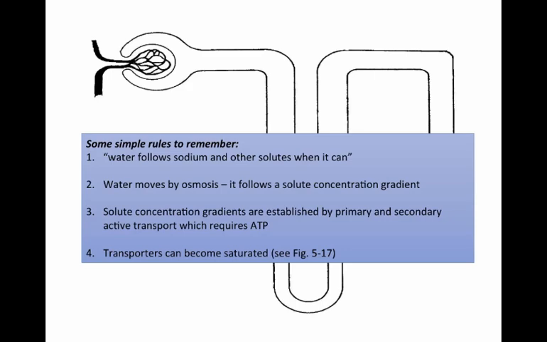So we can either squeeze water out of blood vessels under pressure, or we can have it move by osmosis. And for reabsorption, there has to be a solute concentration gradient for water to move by osmosis. Of course, those gradients are established by primary and secondary active transport, which uses a lot of ATP. So if you are a little shaky on your transmembrane trafficking, go back and review that now. And the last thing, and this will be the basis behind the explanation for diabetes, is that